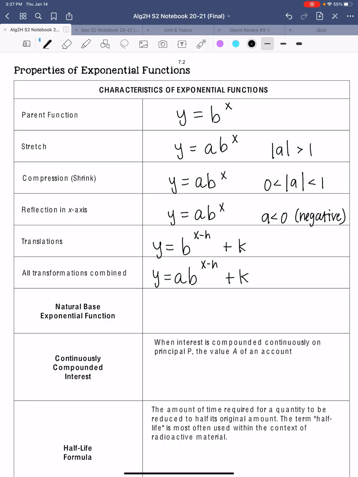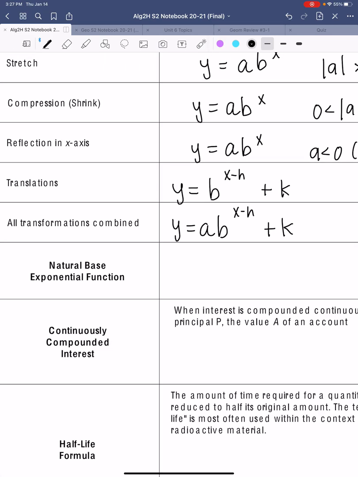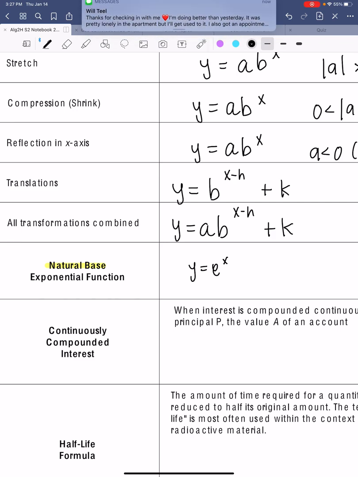The next thing we're going to talk about is a natural base. This is something new that you guys haven't seen. When we have a natural base, that's a base of e. So the natural base exponential function is y equals e to the x power. E is the same idea as pi. It's an irrational number that goes on forever and ever, like pi, but e is approximately